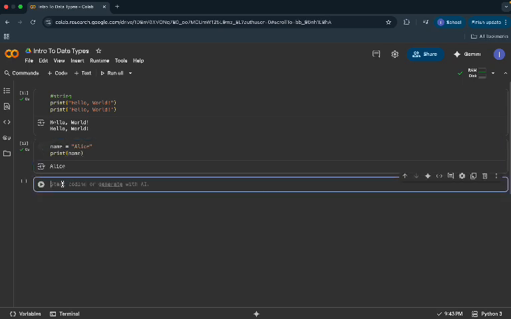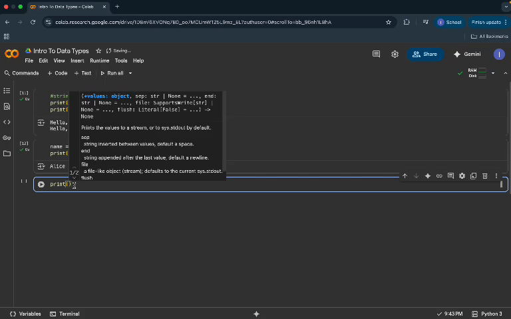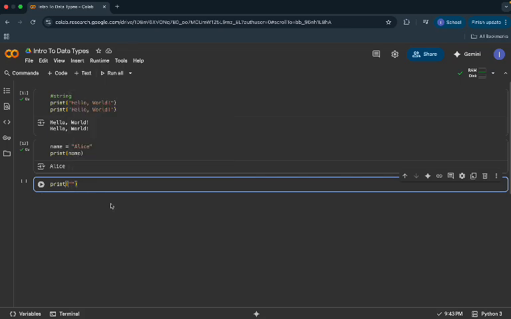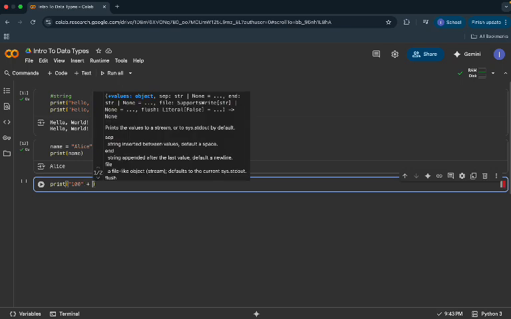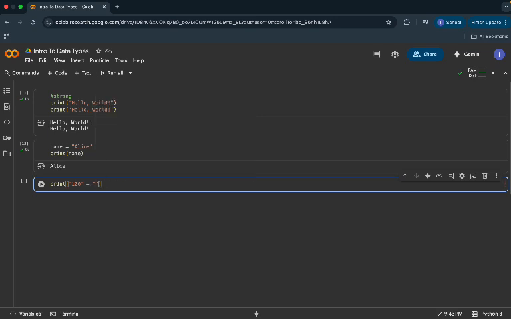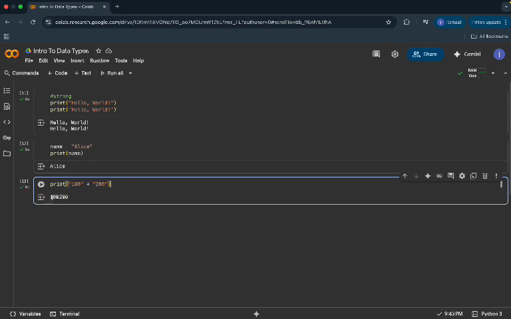For example, if I write print and then add in quotation marks 100 and then I add, let's say, another number such as 200, you'll see that the program just ends up writing the two words next to each other because it sees them as just text and not like their numbers. See how Python just sticks them together? That's because strings are for text and not for math. Next up, we have